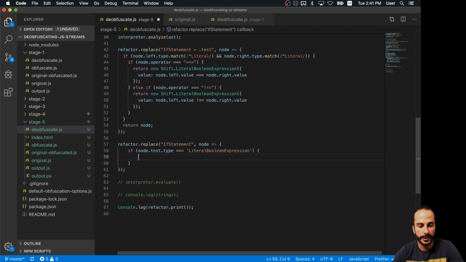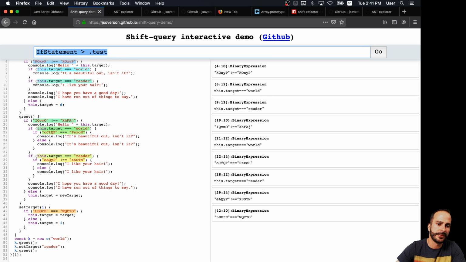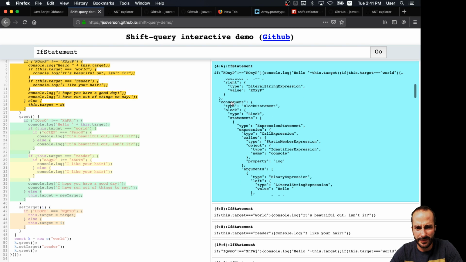Okay, so we have a literal Boolean expression. If it is true, then we replace this node with its consequent. And if it's false, we replace it with its alternate. So we have those, let's see, if statements. So we have two,